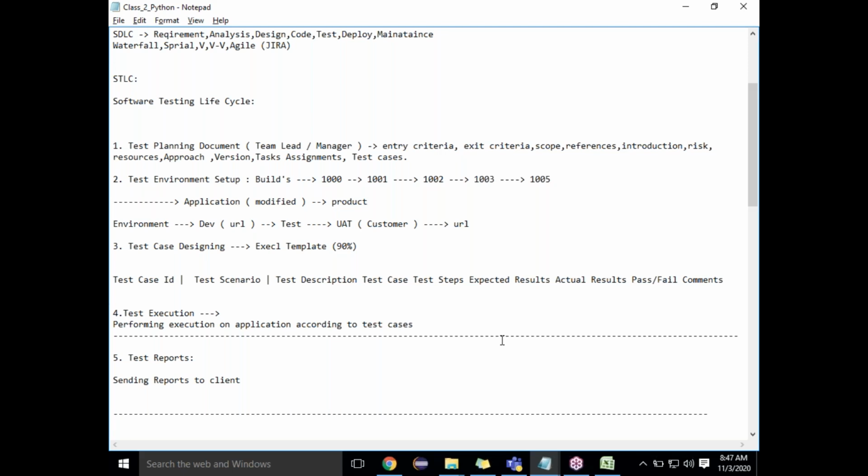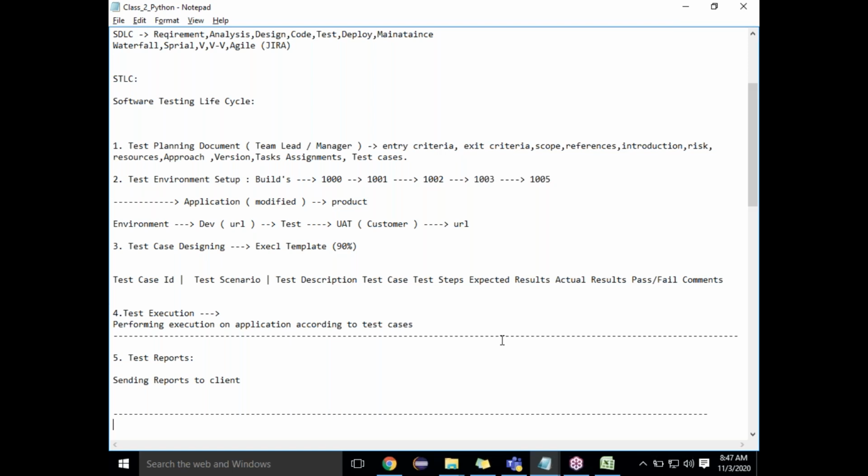And for regression testing, is it the same way you create your tests? Yeah, regression testing is also the same. Regression means end to end. Regression testing is testing that happens in order to check whether any new build release happens.